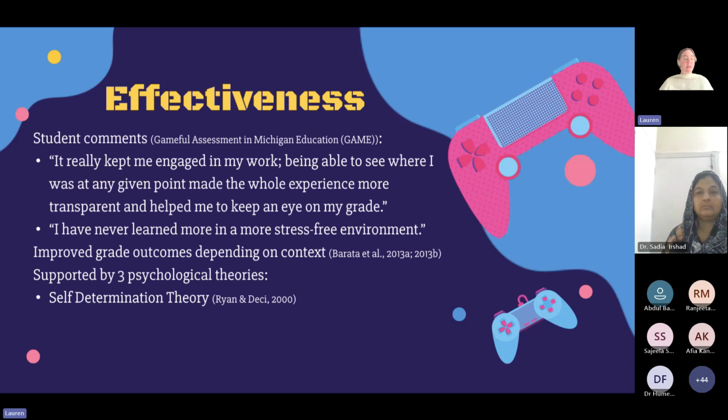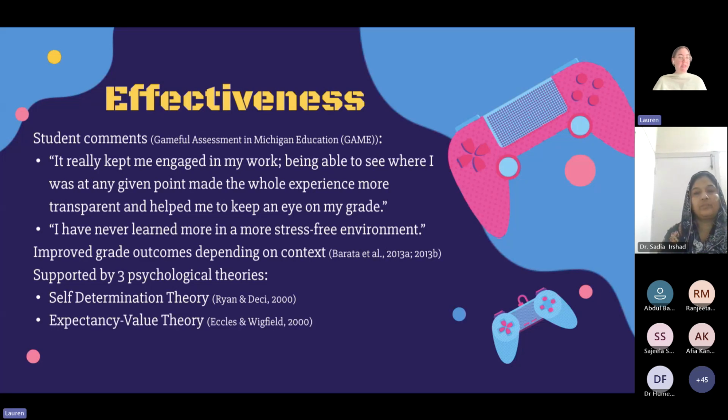So autonomy is this feeling that we have a choice, right? And we are in control of our behavior. Competence refers to experiencing mastery and being effective in an activity that you're doing. And relatedness refers to the need to feel connected to others and a sense of belonging with others. So those first 2 points of self-determination theory, autonomy and competence, are really boosted by gameful learning pedagogy.